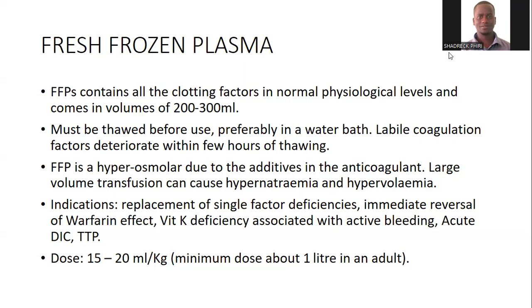Once thawed, FFPs must be transfused as rapidly as possible, within 15 to 20 minutes per unit. Labile coagulation factors deteriorate within a few hours of thawing, so we should take note of this. Indications for FFP use: replacement of single factor deficiencies if single factor concentrates are not available, immediate reversal of warfarin effect, vitamin K deficiency associated with active bleeding, acute